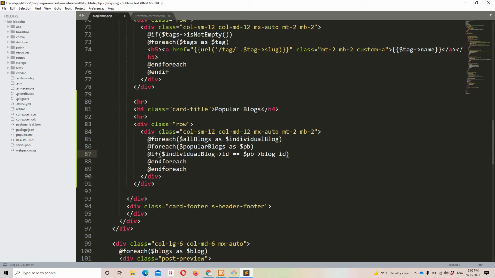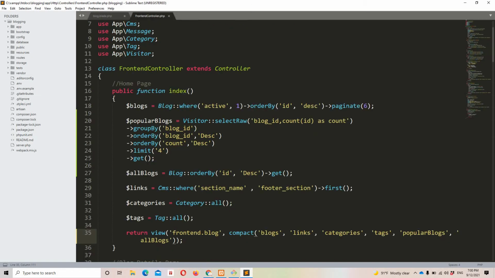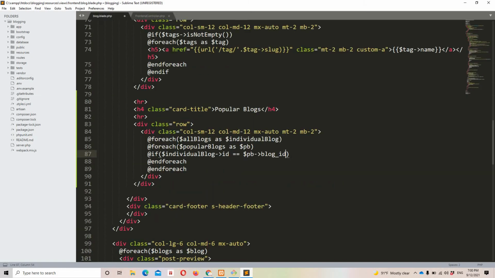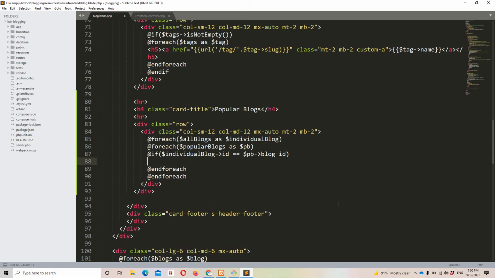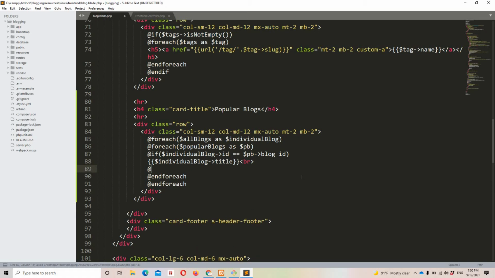Remember, we are saving blog_id right here, as you can see, blog ID and group by blog ID. Okay, so yeah, let's move forward. And in that case, if this is true, what you need to do is display the individual blog title. So $individualBlog->title. Okay, and let's implement a BR right here, and we need to end the if, just like that.